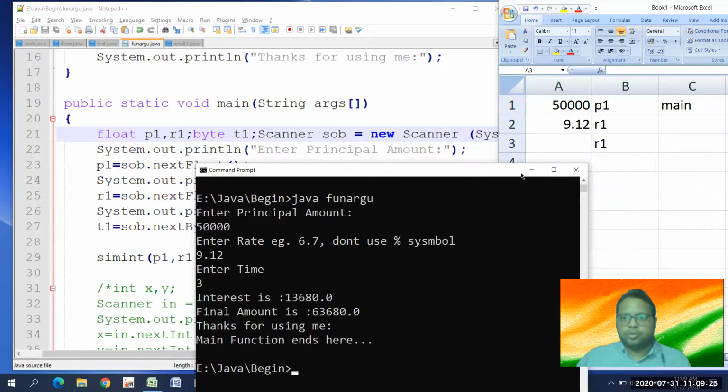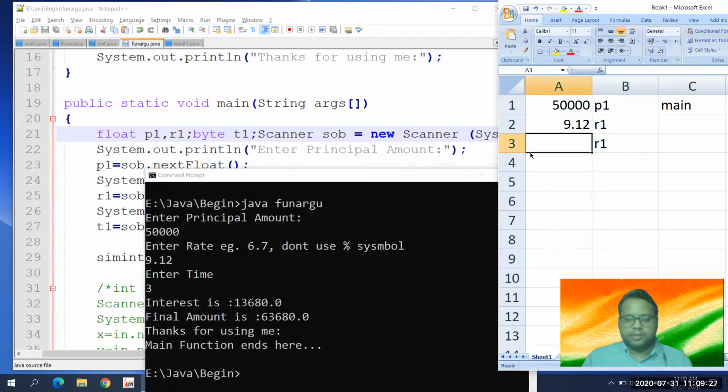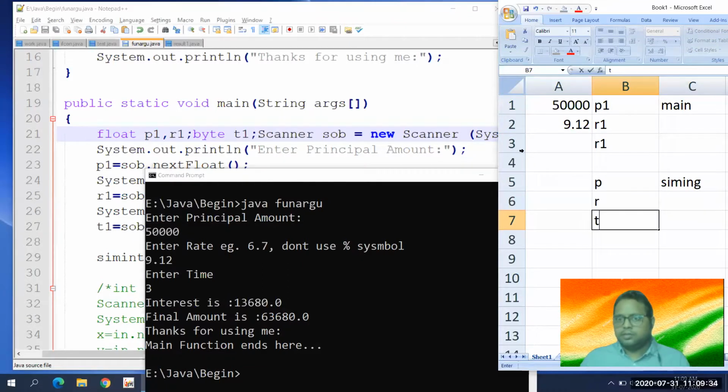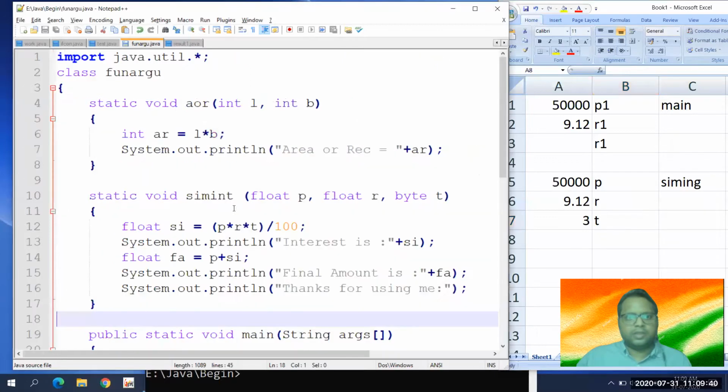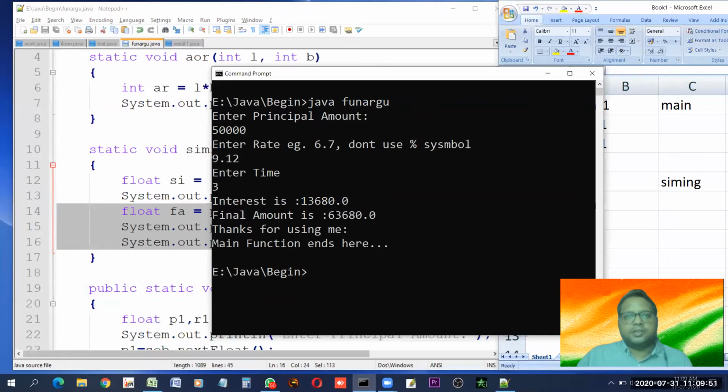Then everything is passed to the simple interest function as P, R, and T. The same thing is happening here. SI will be created, which will calculate the value. And now you can see the result. Interest is this, final amount is this. Thanks for using the function, and end of main function.